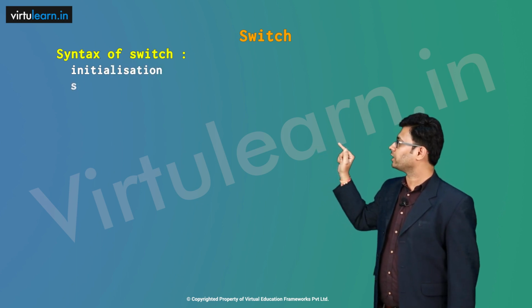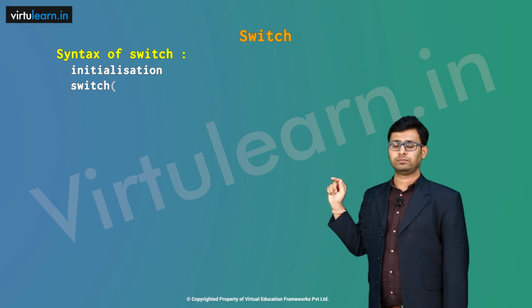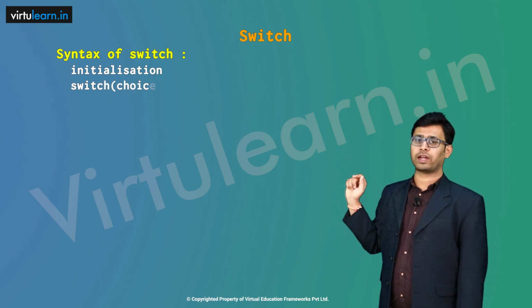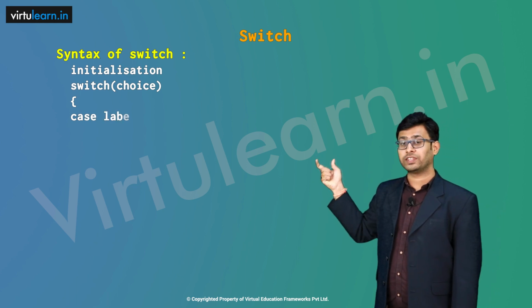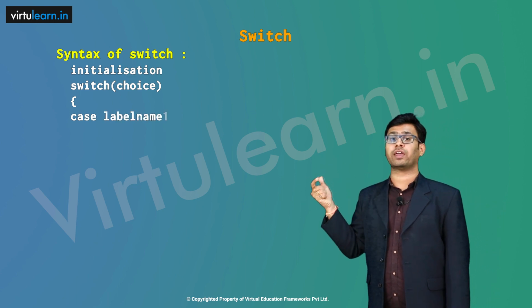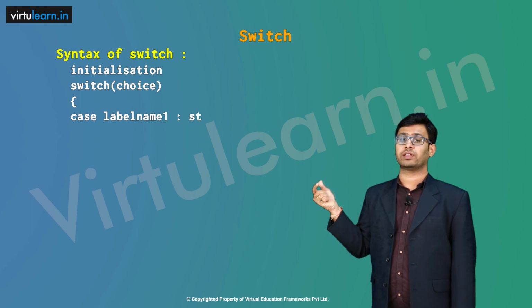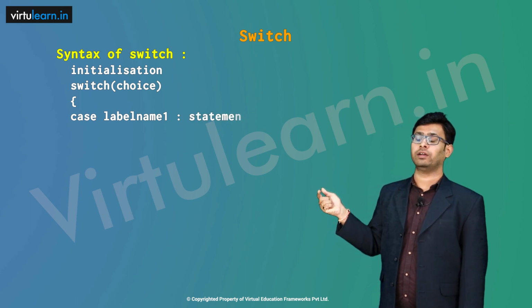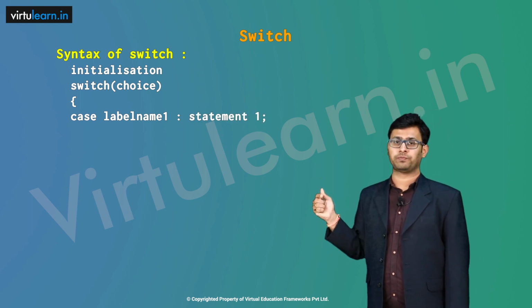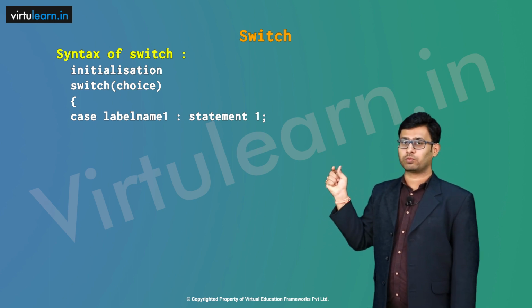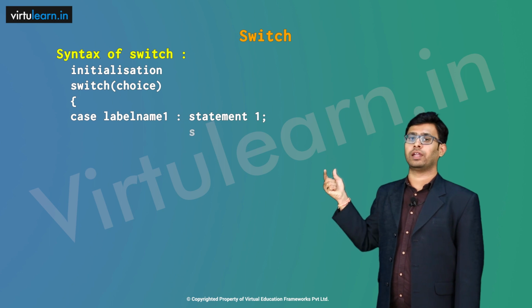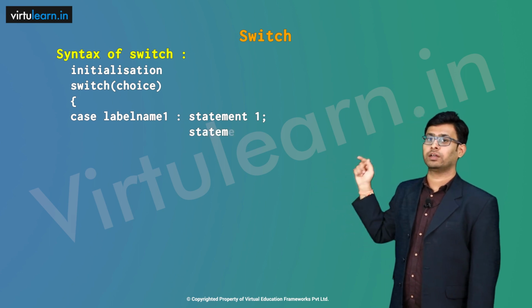Within the brackets we need to write choice, close that bracket, open the curly brace, and within that we need to use case. There is a label name specified after the case. We need to write it in lower case itself, case space, you need to give a label name followed by colon,